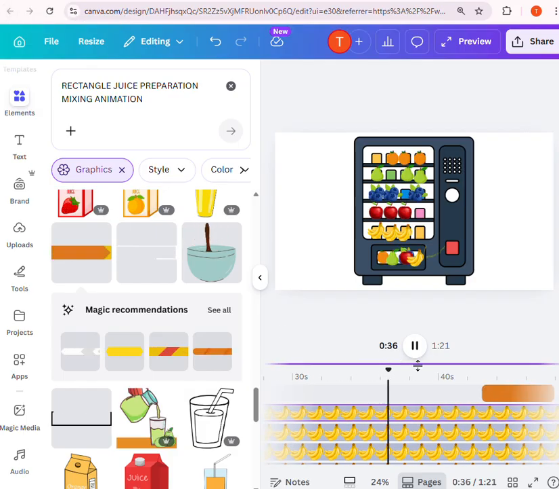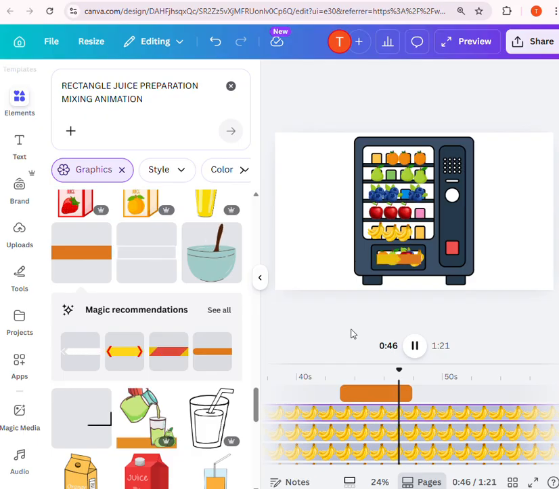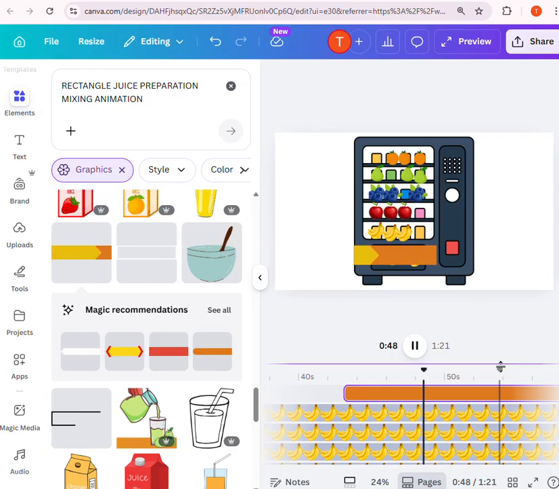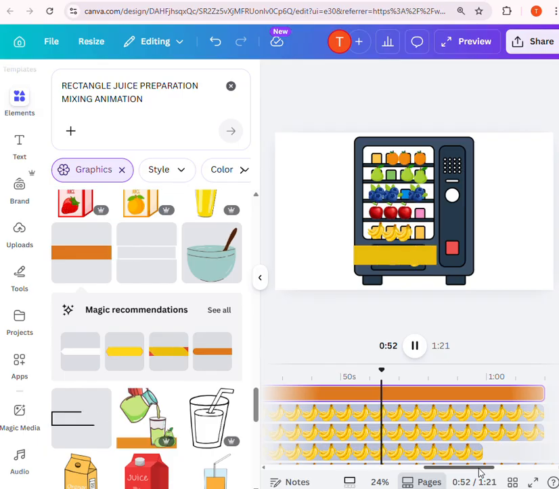And then it will proceed with the mixing of fruits, showing the juice getting prepared. You can see. Let's watch it from here now. The fruits are getting mixed, the juice is getting prepared,